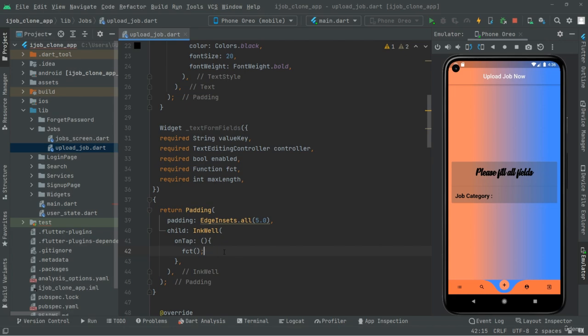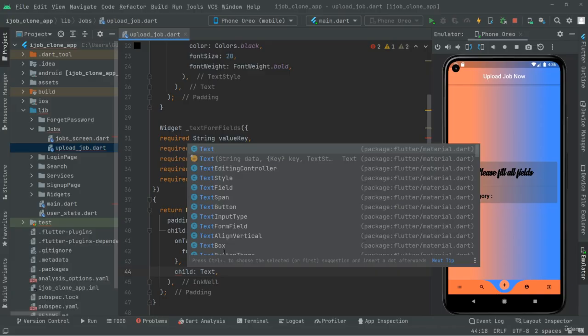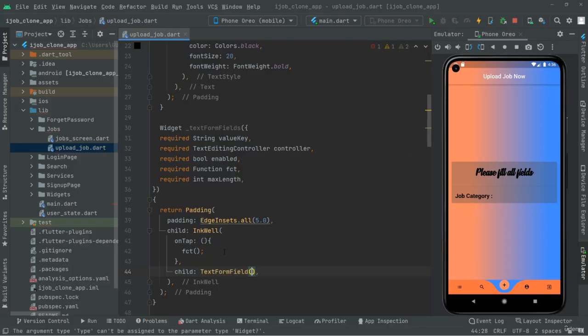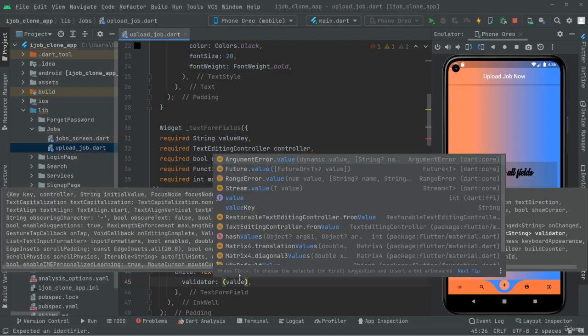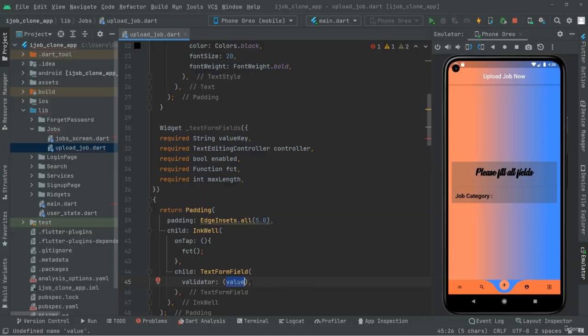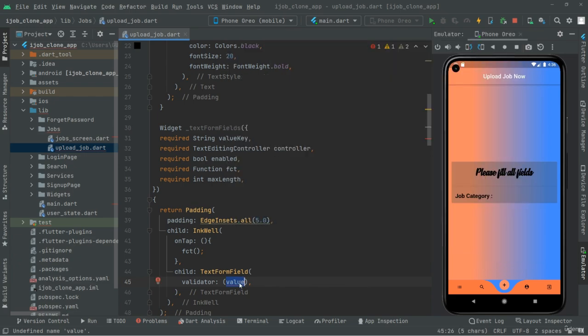So in here, let's move further. We will say child text form field. There we go. Take this down. Validator, then text and properties. So validator in here, and in here you will have that value. Whenever the user will enter something right in the text form field, it's gonna assign that text that the user will enter to this value. So it's gonna be right inside that. And right afterward,